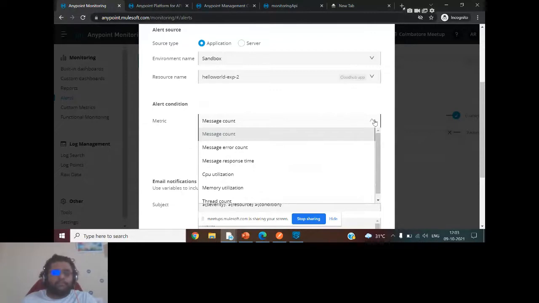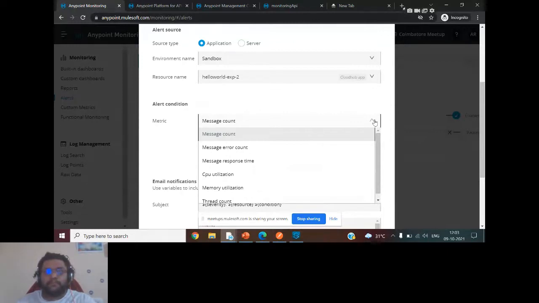Another important difference is the kind of metrics that are available: message count, message error count, message response time, CPU utilization, memory utilization, and thread count. Some of these alerts you will also be able to see in the runtime alerts, as runtime also provides alerts.